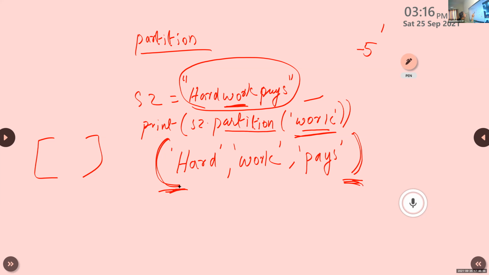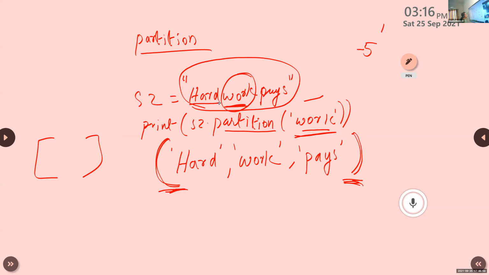This partition function will return a tuple that includes 3 parts. The first part is the substring before the separator, the part just before the separator. So it is hard.